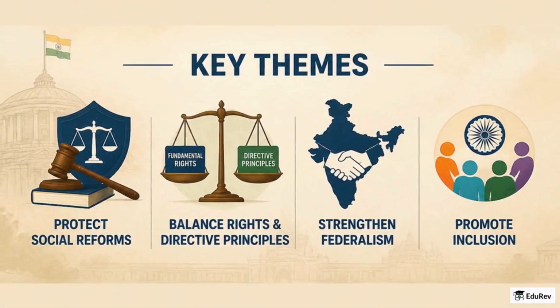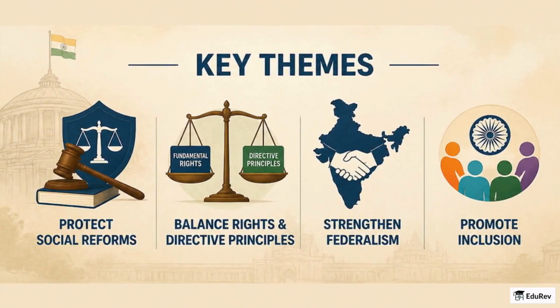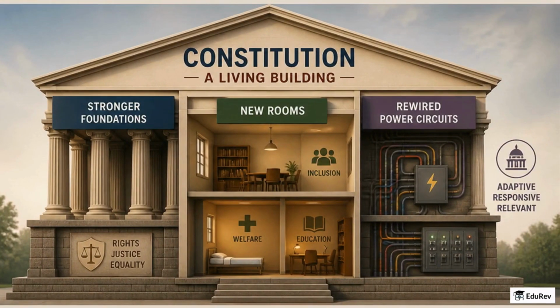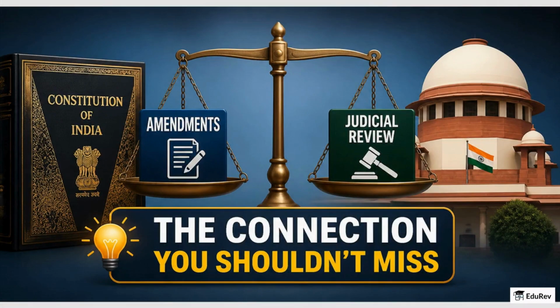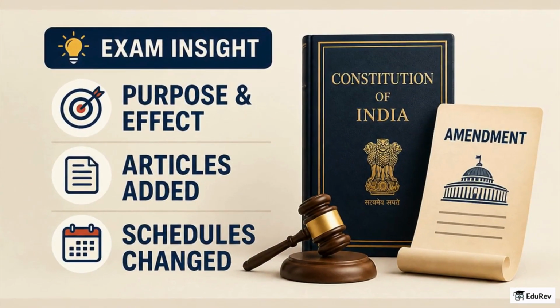criteria. Across these amendments, themes recur: protecting social reform laws, balancing fundamental rights and directive principles, deepening federalism, and promoting inclusion. For visuals, imagine the Constitution as a living building. Some amendments reinforced foundations, some added new rooms, others rewired power circuits. And towards the end, we will understand a key idea that most UPSC aspirants miss about how amendments interact with judicial review. Exam insight. Questions often test the purpose and effect of a specific amendment, the articles added, or the